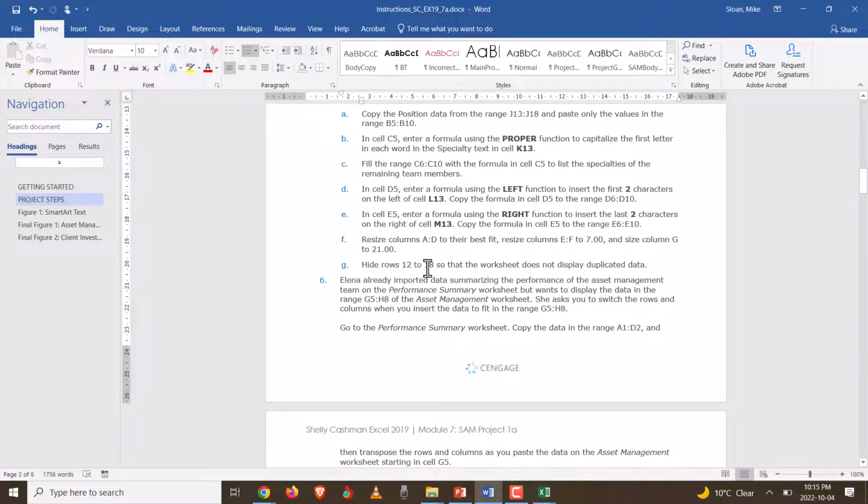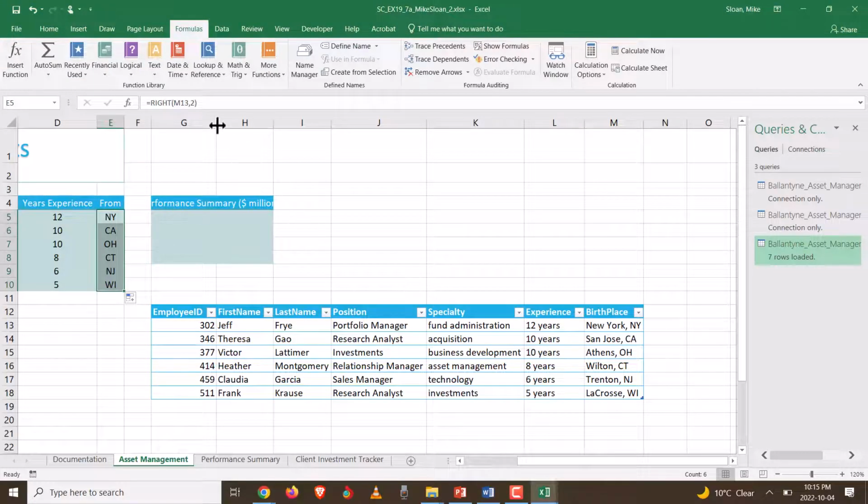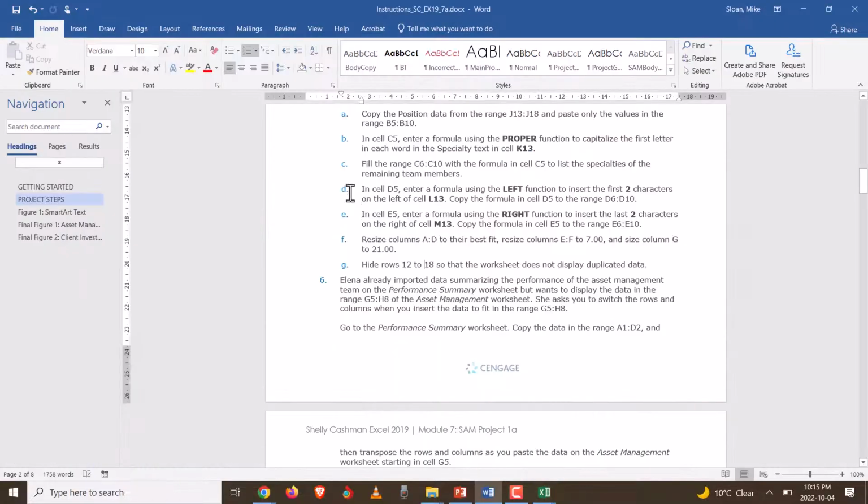Columns A to D best fit. So very easily you can grab a column like this and drag it out to a certain amount of points or pixels. And if you're on a Mac, you might have to convert that. So keep an eye on that. But I believe any Macs with a newer operating system would have the units of measurement that you need. So when it says A to D best fit,